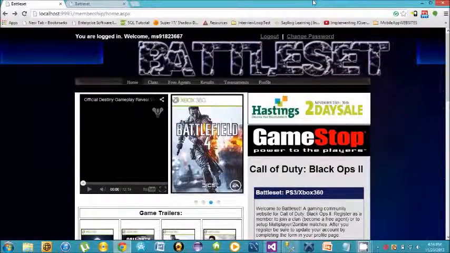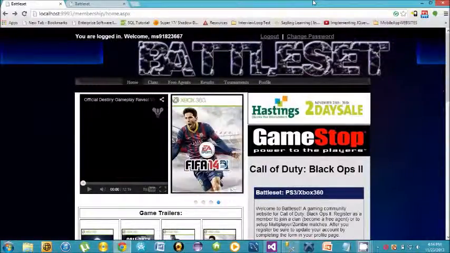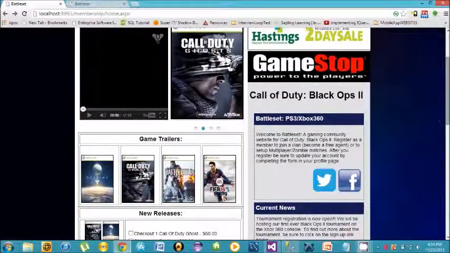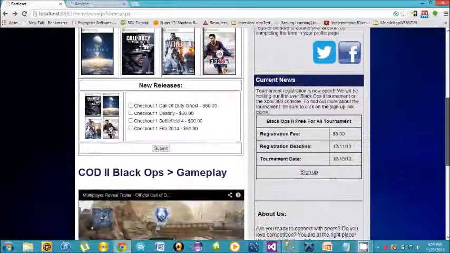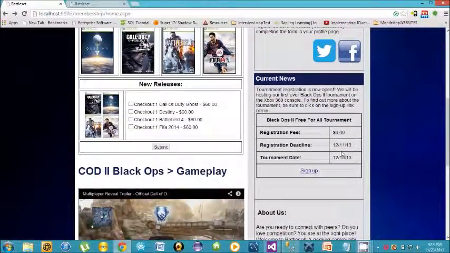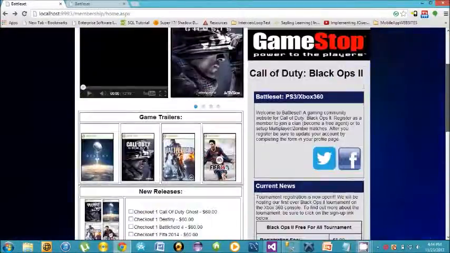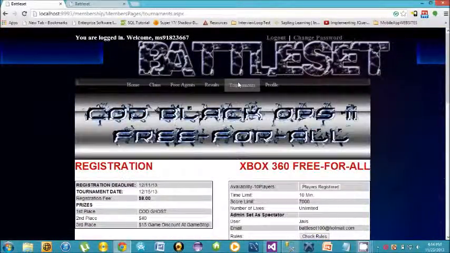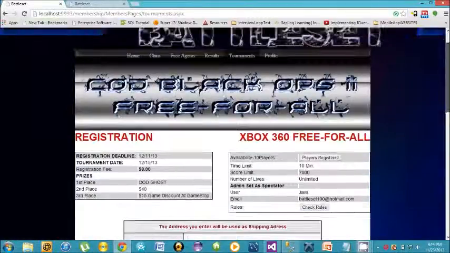Okay, so now I will demonstrate how a user will be able to sign up for a tournament. A user has two ways to sign up for a tournament. You can either come down here to the bottom right of this current news box and click the sign up link, and this will take you directly to the tournaments page. Or the user can also click here and this will take you to the tournaments page where you can see